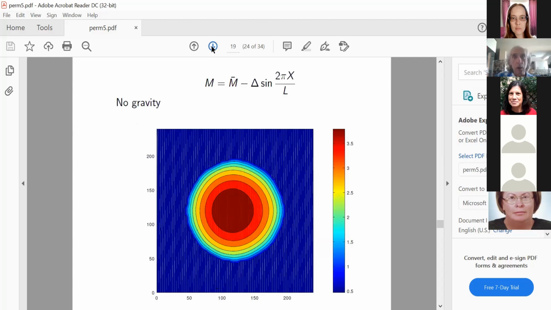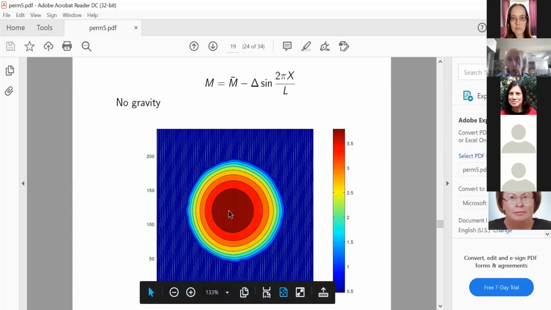I will consider now the case of what happens when we heat the droplet non-homogeneously, when there is not only a vertical, but also a horizontal component of the temperature. It turns out it's quite natural. Okay, so we first obtain the droplet without this modulation of the Marangoni number. And then we apply this modulation. In the left part of this region, it is colder, and the right part, it is hotter.